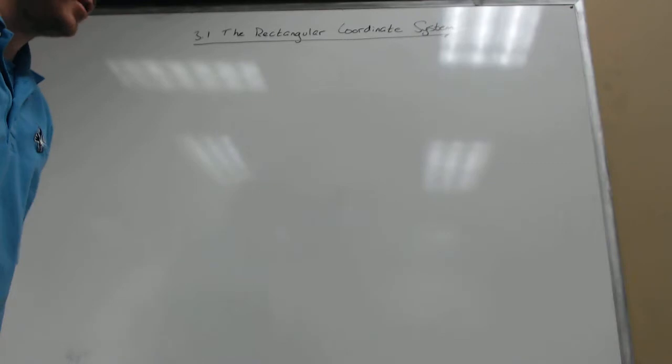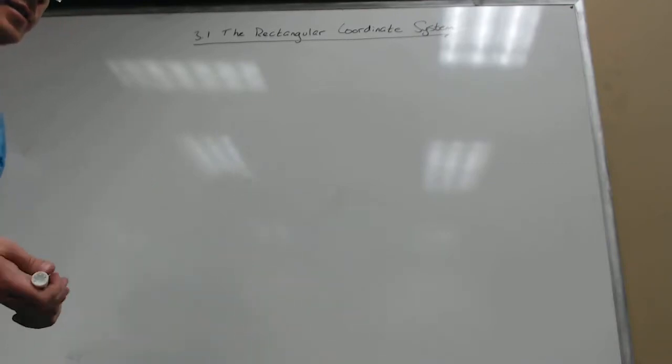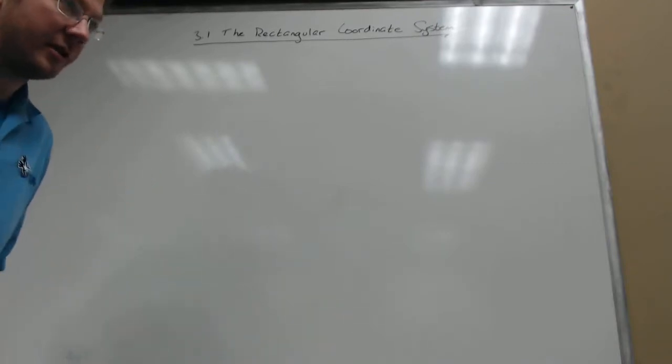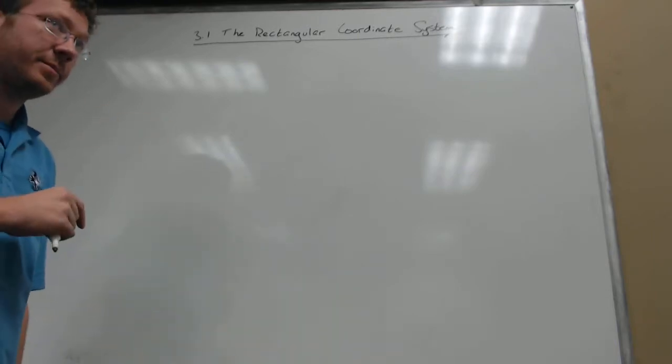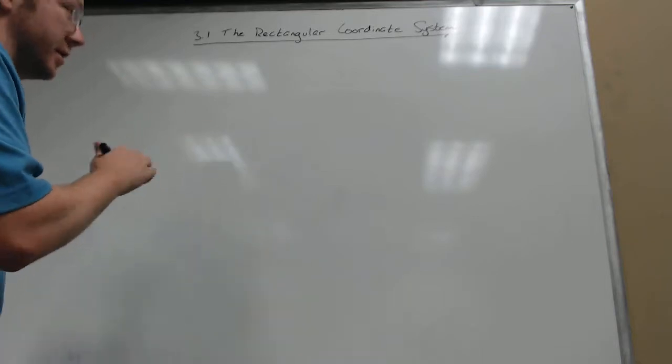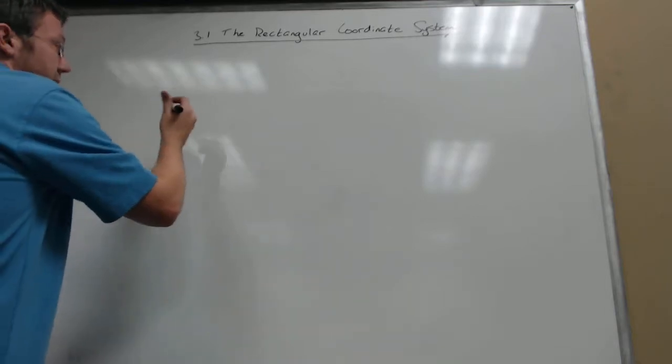All right, today we're going to talk about the rectangular coordinate system to start off chapter 3, but to kind of transition into it, let's recap a little bit of chapter 2 and solving equations and how it's going to relate here. In chapter 2,